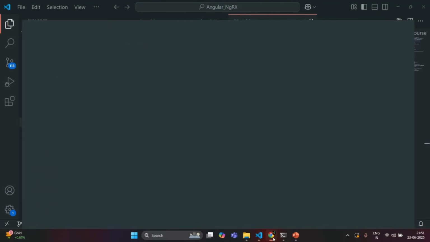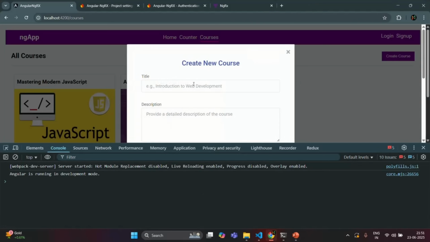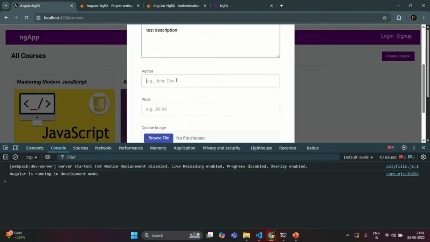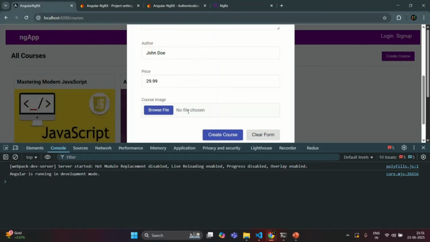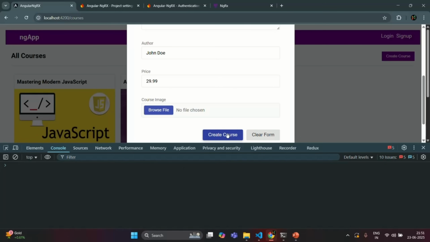Let's save the changes and let's quickly test it. So let's go ahead and create a new course. Let's say test course, and here let's provide a test description. Okay, let's say author is John Doe, price is 29.99, and let's also select an image. Okay, and here when I click on this create course button, let me clear everything. Let's click on this create course button,